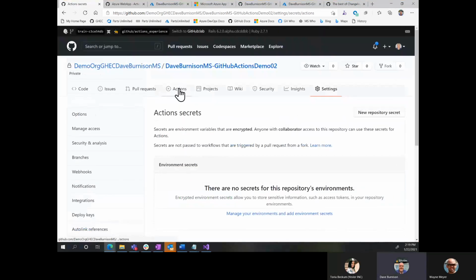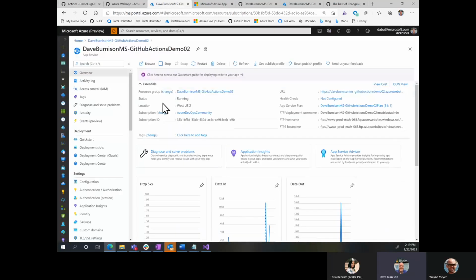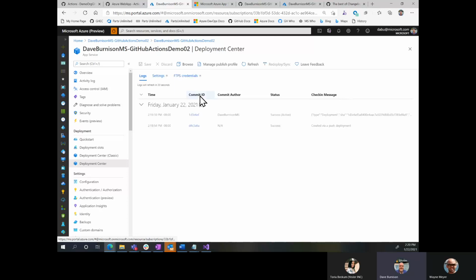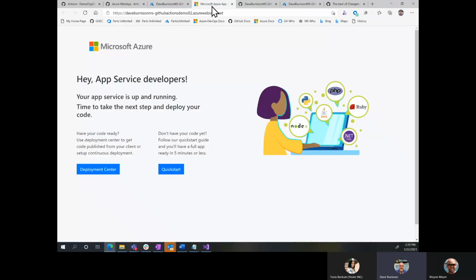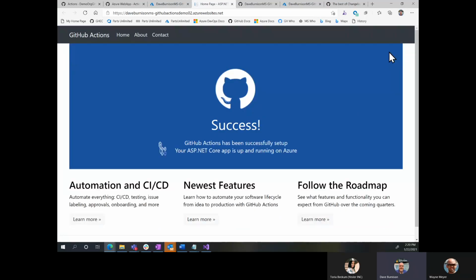All right, so let's go and see, did our action complete? Sure enough, our action completed. So now if I go out here and look again at my web app, I can go under Deployment Center here, and we'll see that there's reference to that deployment. It actually drops in a couple of entries. So yep, today's Friday the 22nd. There's the reference to the deployment. And remember, I explicitly left this page open. So now if I just simply go up here and refresh this guy, we should see our web app. Hey, there we go. Okay, so our first deployment is successful.